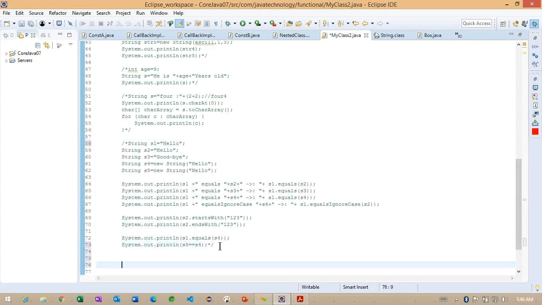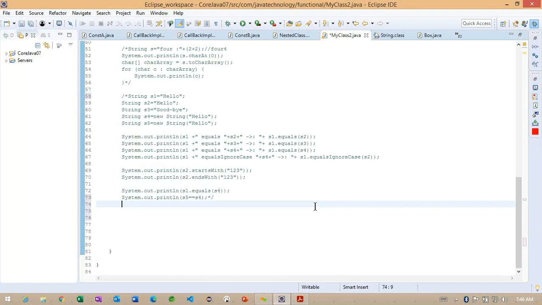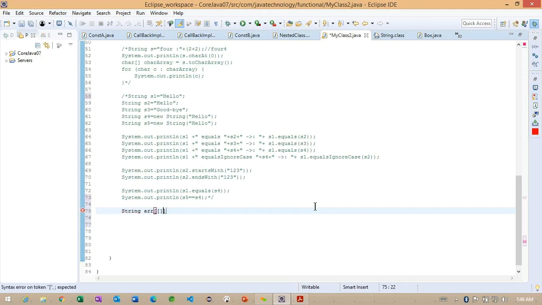So basically what I want to do here, I'm creating something called one string array.